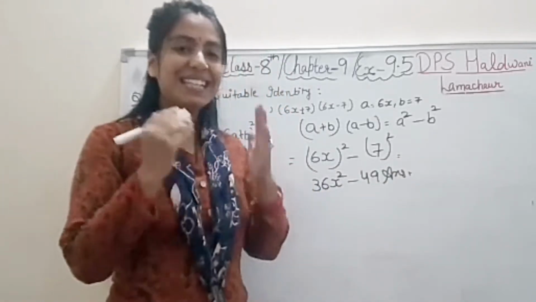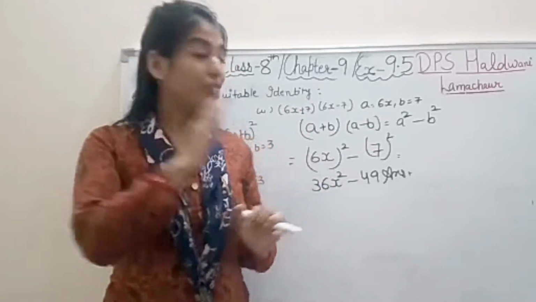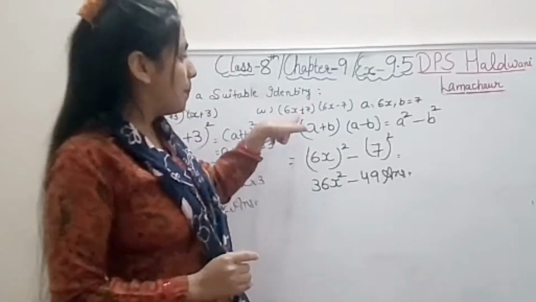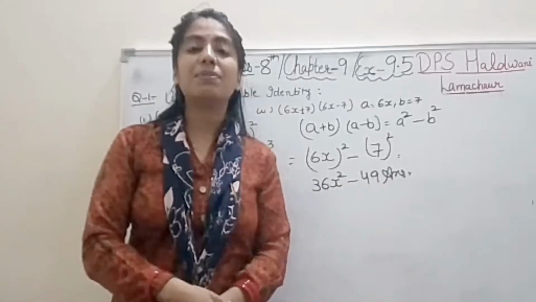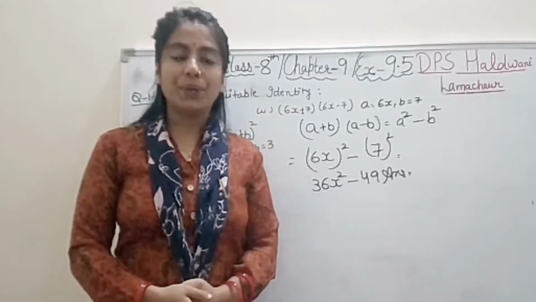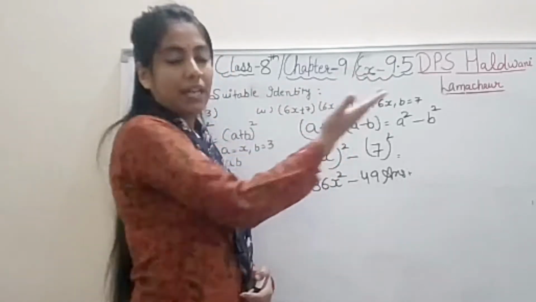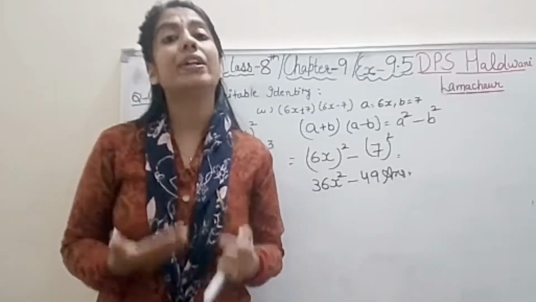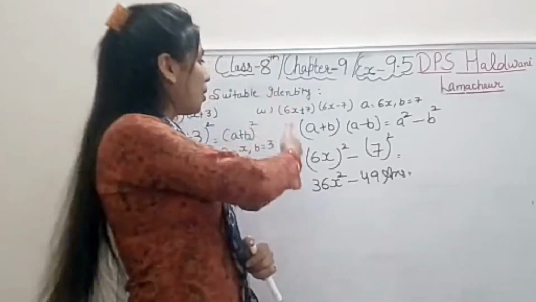Very simple, student. Just directly put the identity and get the answer. And when you open this bracket, at last you will get this answer only, because the plus and minus terms will cancel out. Only these two terms will remain. So this is the shortcut you can say. In junior classes, we used to multiply with each and every term. Here, in senior classes, we have identities as a shortcut method to solve such type of questions. Right, student? So this is all about the second part.